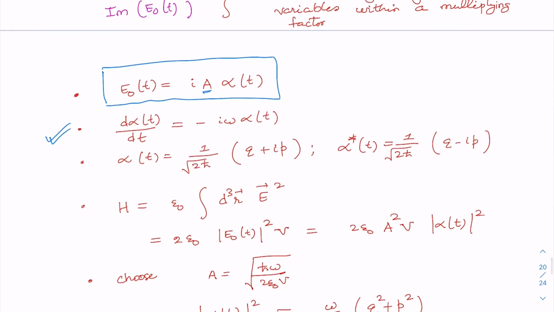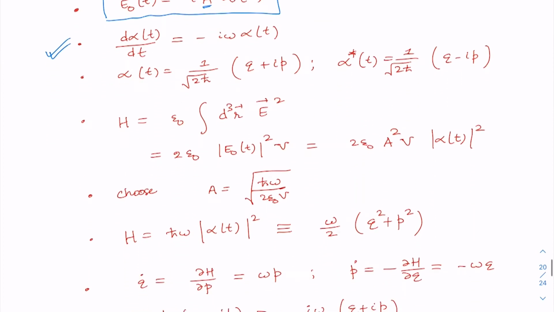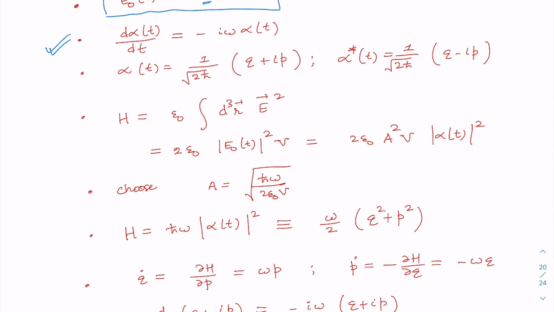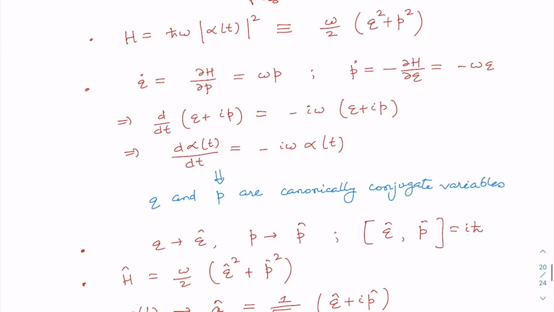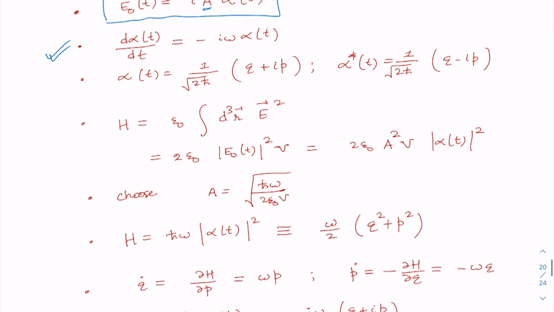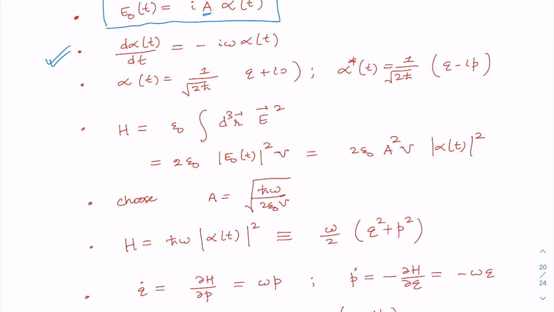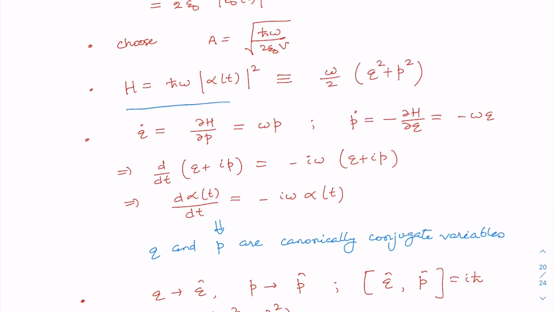And then, defining the variables and doing the calculation, we were able to get the Hamiltonian in the well-known form of the so-called harmonic oscillator. Then we went on to write alpha in terms of q and p. If we define it like this, we are able to write it as here, the harmonic oscillator.